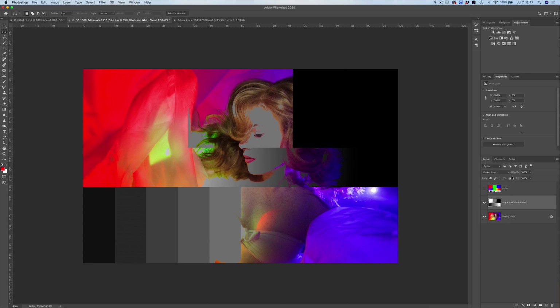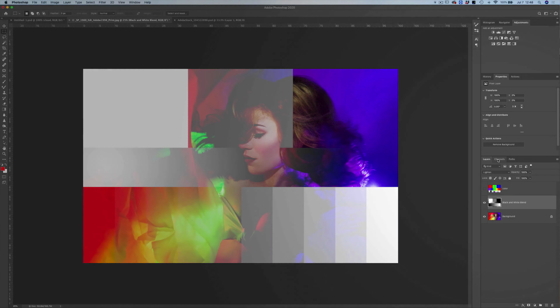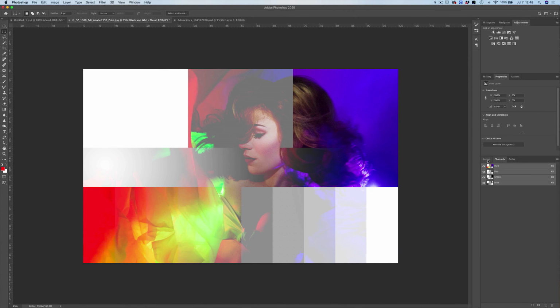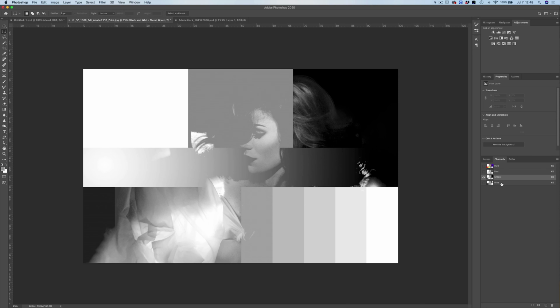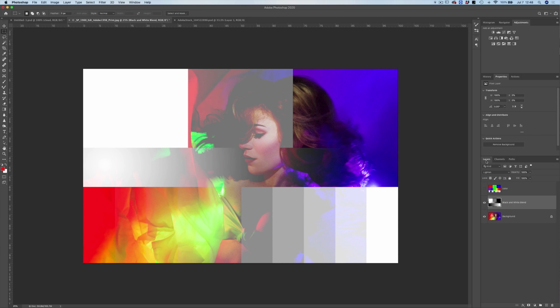Now let's move on to our lighten blend modes. The first one is lighten. So just the same as darken looks at the information within our channels, so does lighten. Lighten is going to keep the lighter color, but it's going to take into account the red, green, and blue information in the different channels to make its decision.